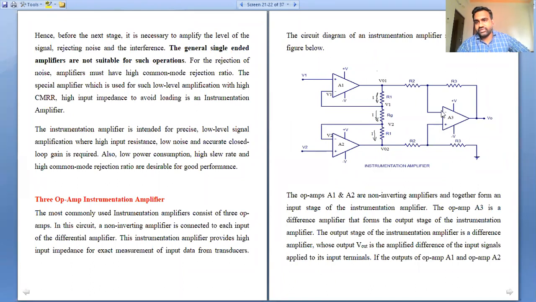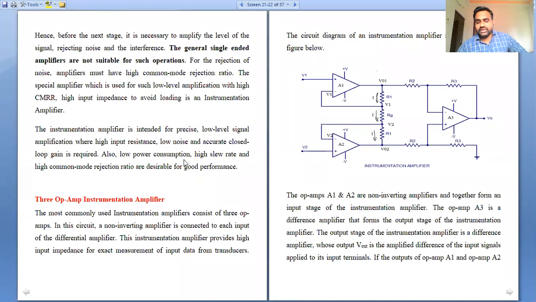Why do we say multiple amplifier connection? Because this is a differential amplifier, and this is a non-inverting type operational amplifier. We call this a buffer amplifier or voltage follower amplifier. It looks like a non-inverting type unity feedback operational amplifier. We don't have a separate feedback connection, but the feedback is connected between the non-inverting terminal and the output voltage terminal.